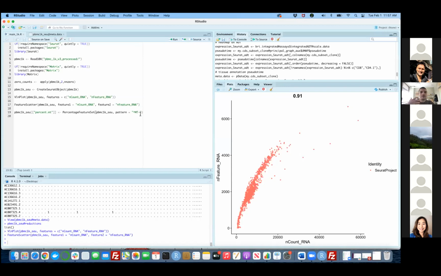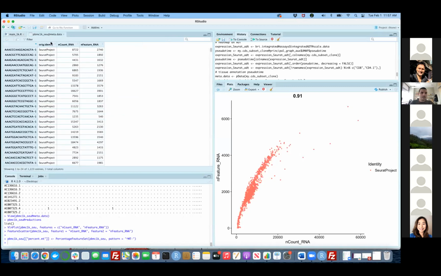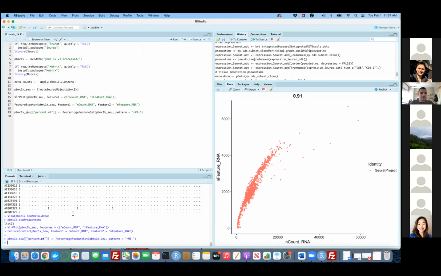And you get a fast percentage calculation on it. When you do that, we point this information to the metadata. So as you can see, the metadata will be changed. In order to see that change, you can quickly view